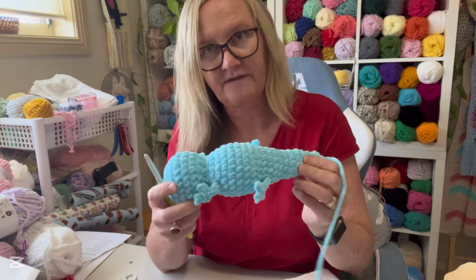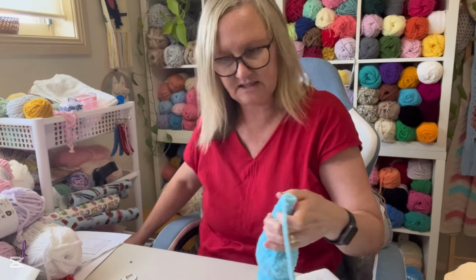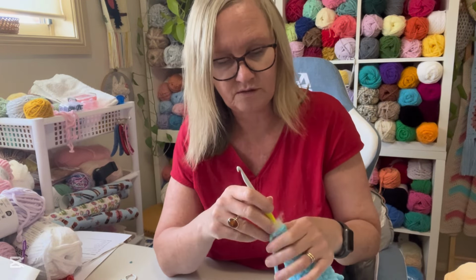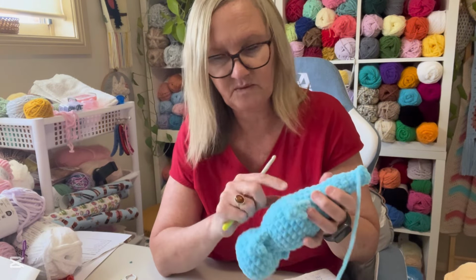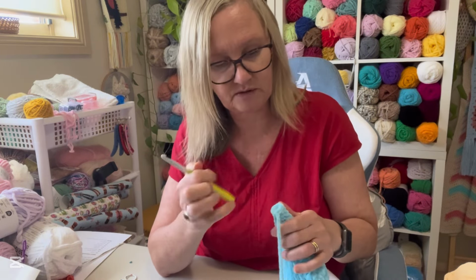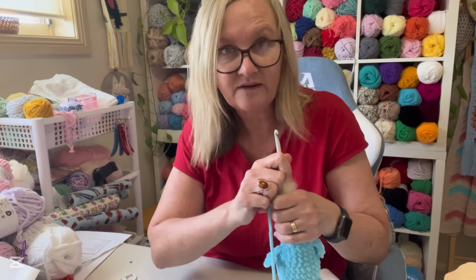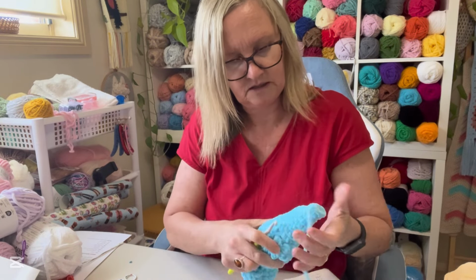It's interesting, I found that the Parfait Chunky suggests an 8mm hook, and the Spotlight one suggests a 6 or 6.5. As I said, I was using a 5, which I normally do with my chenille yarn, and I think this one is definitely thicker. It's more dense, I suppose, than the Parfait Chunky. So yeah, really interesting that Parfait Chunky suggests an 8, because I can't imagine that would ever work out, to be honest. All right, I'm going to go ahead, close this up,